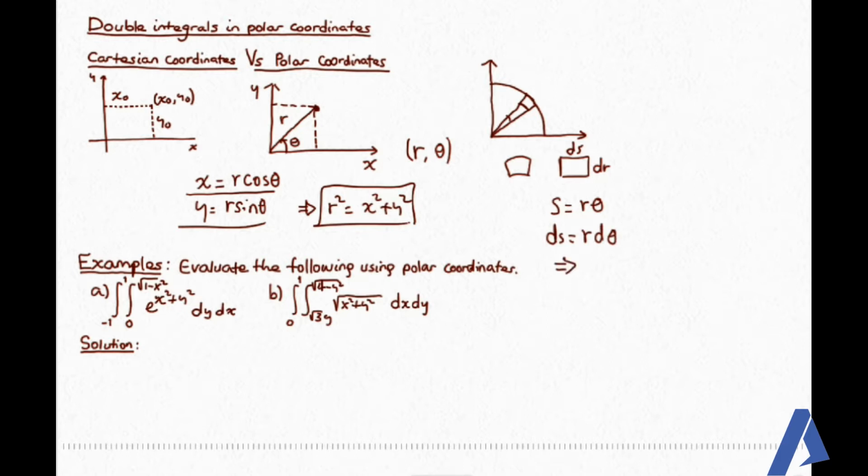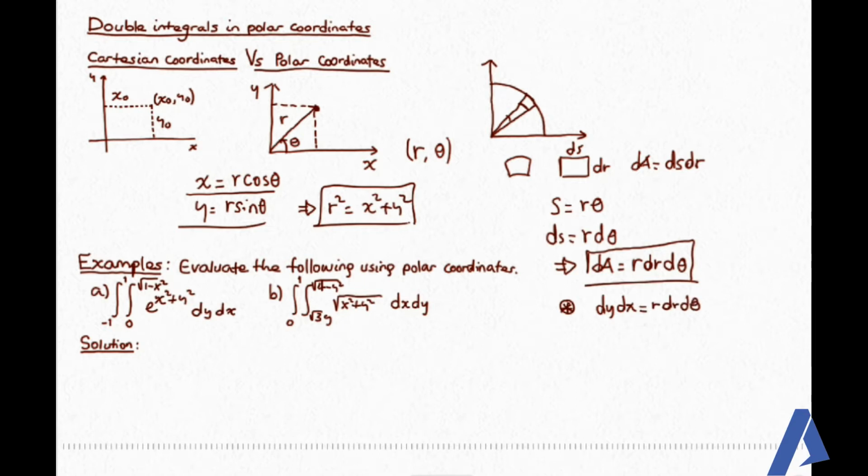ስለዚህ this implies that from this we have dA is equal to ds times dr, then dA becomes r dr d theta. ስለዚህ እነዚህን ኦርደር ኦፍ ኢንተግሬሽን በመጠቀም ኮንቨርት በማድረግ ነው ኢንተግሬት የምናደርገው ማለት ነው። ስለዚህ ከዚህ ምን ዲዲዩስ ማድረግ እንችላለን? dy dx ወይም dx dy is equal to r dr d theta for the same given point ማለት ነው።